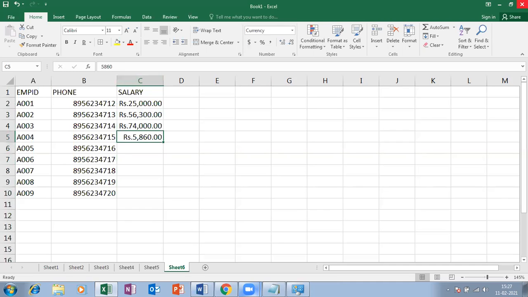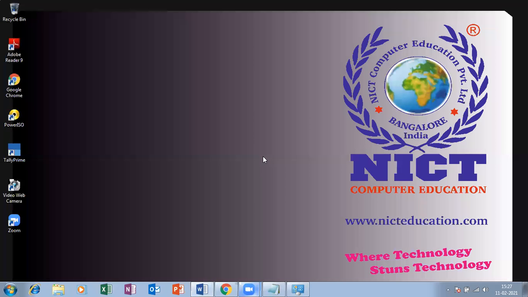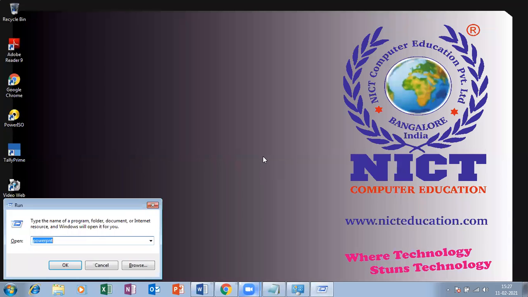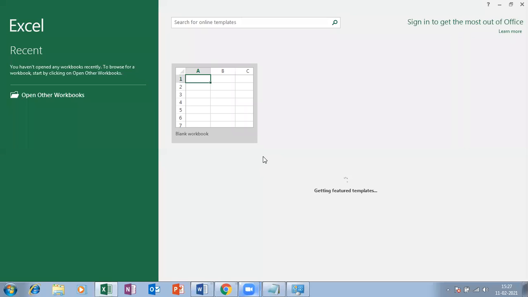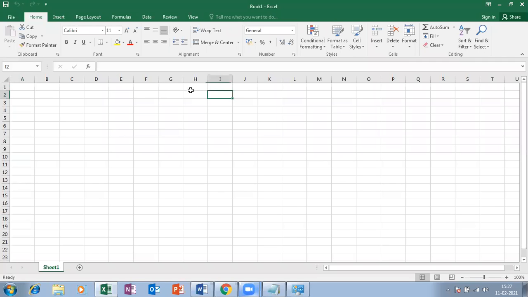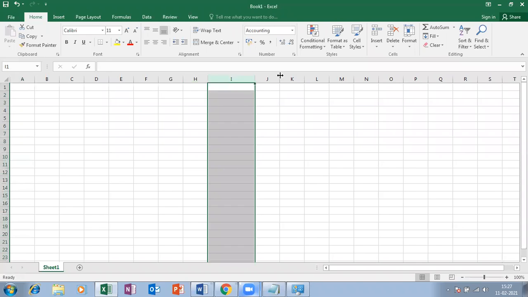So here we will get the change. Close, reopen that workbook again. Currency. See RS. But you have the latest rupees symbol, right? So what about here?